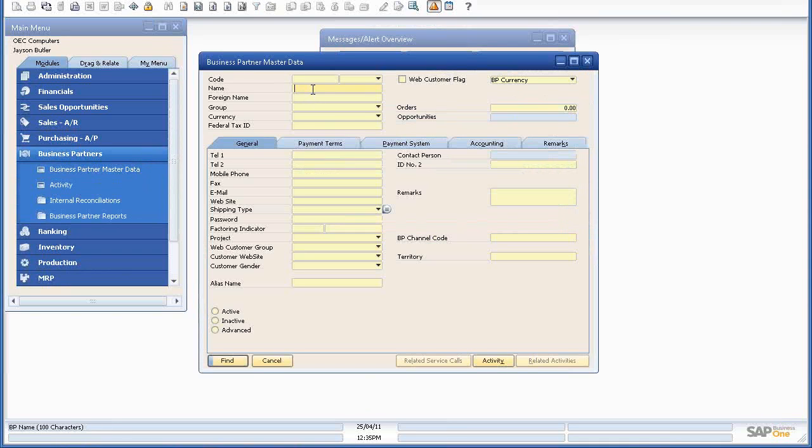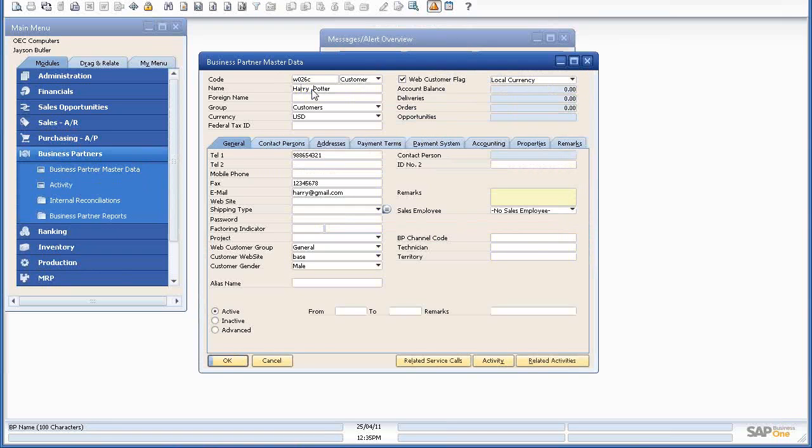I'm searching through the name. So this is the web customer details that has been synced back from Magento to SAP Business One. This is the Magento customer first name and last name concatenated here, and this is the Magento telephone number which I have added as the customer telephone number in Magento. This is the fax ID, this is the email ID, and these three UDFs actually represent some Magento details like